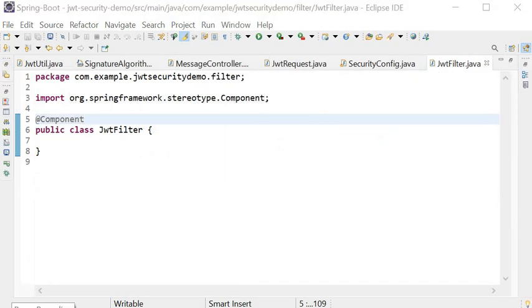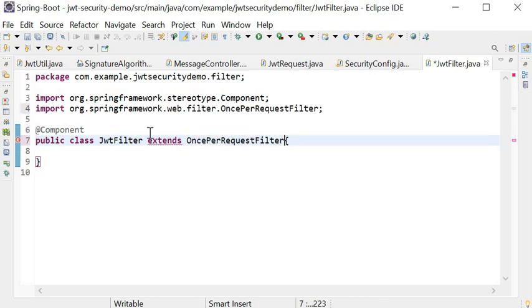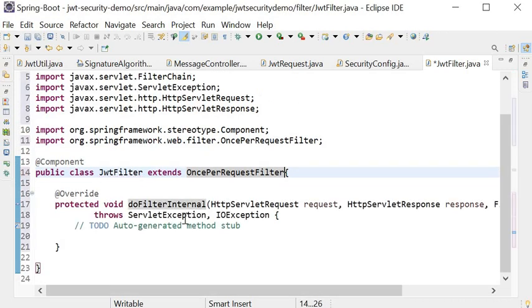In this class we will write the logic to authenticate the user and to validate the user. I will extend this class by using OncePerRequestFilter, and here we need to add the unimplemented method, that is doFilterInternal.